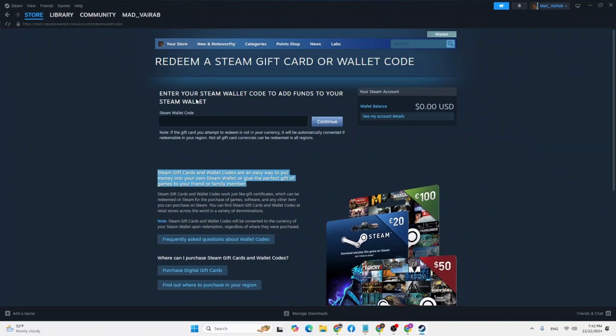With that being said, guys, just enter the Steam gift code over here, whichever it may be, wherever you've got it from. After that, click on the continue button over here, and then the net amount of that Steam gift code will be redeemed and added to your wallet balance over here. And with that being said, guys, this is how you will be able to redeem Steam gift codes on your